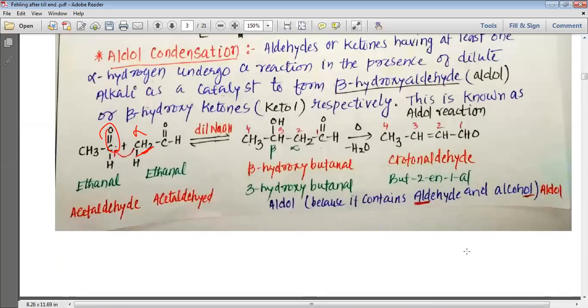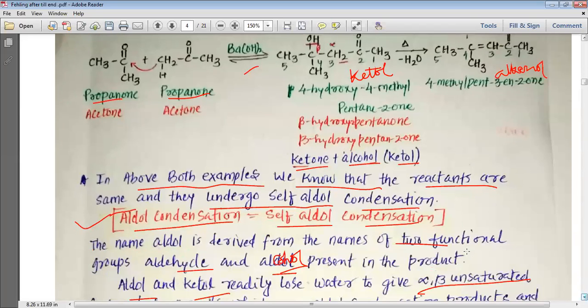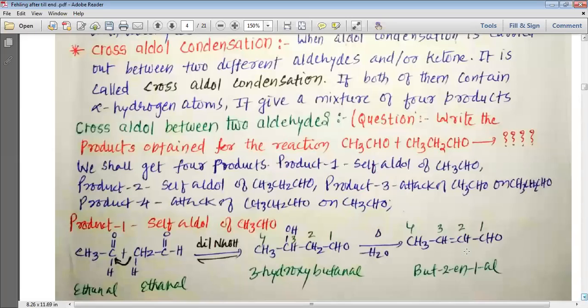Remember once again, my dear students, that whenever we have the aldol reaction, the attack takes place from the alpha carbon. The other chain of carbon is not allowed to take part, and it goes into the branch, and the alpha carbon attacks the carbonyl carbon,